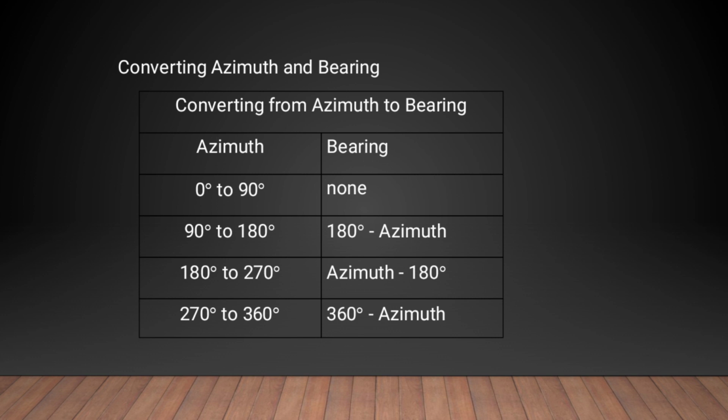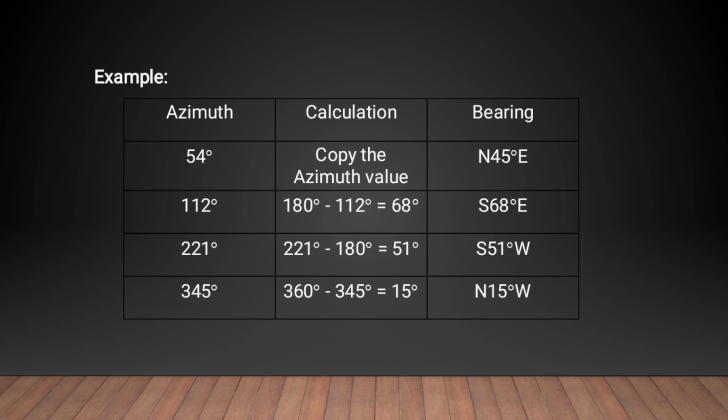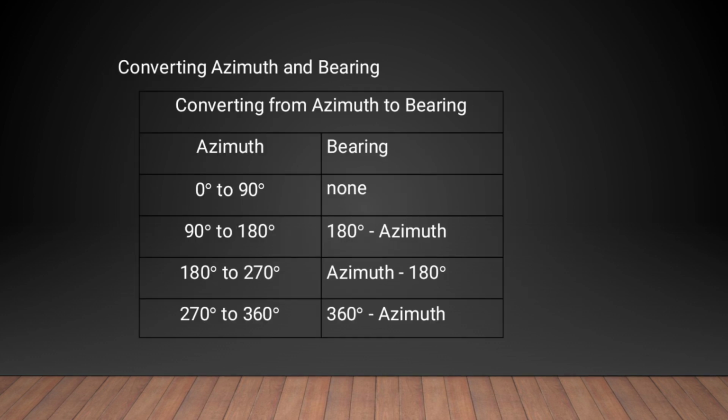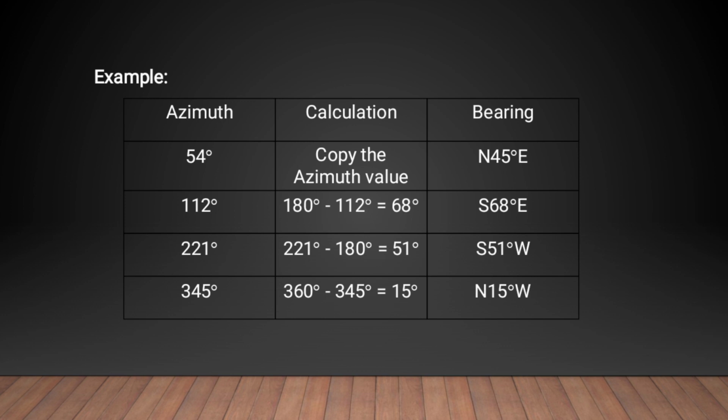So para ibalang gid ninyo kung pila iyang bearing or para malaman nyo kung ilan ang iyang bearing. So we can solve that using this formula. So here are some examples. So from azimuth na 54 degrees, si iyang calculation is copy the azimuth value, which is mo nang giingon na iyang bearing is none. So which is you can copy that. So iyang bearing is north 54 degrees to